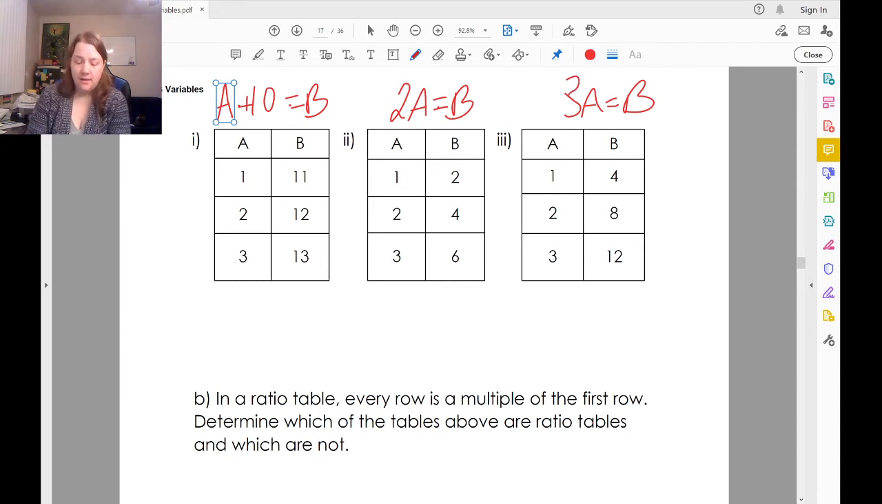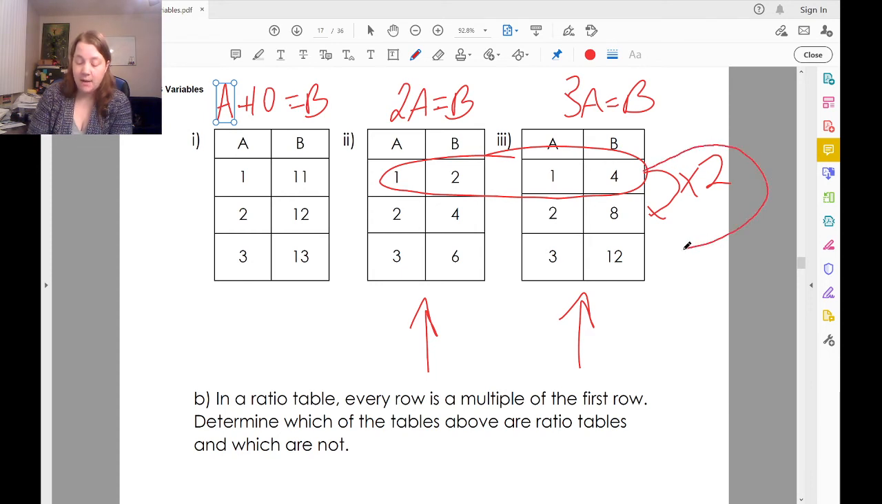If you said that 3 is a ratio table, you are correct. We are multiplying to move our way down. If you said 2 is a ratio table, you are correct. We can see that in both of these, if you take the top row and multiply everything there by 2, you get the next row. Take the top row, multiply by 3, you get the next row after that. Even if the row after that was 5, 10, 5, 15, it's okay to skip numbers, but we're still multiplying